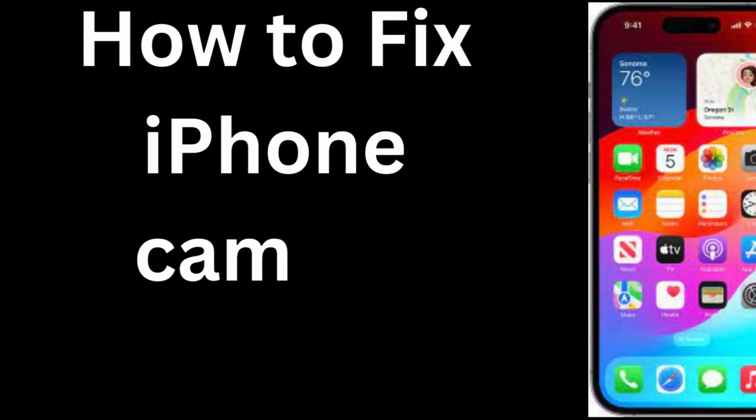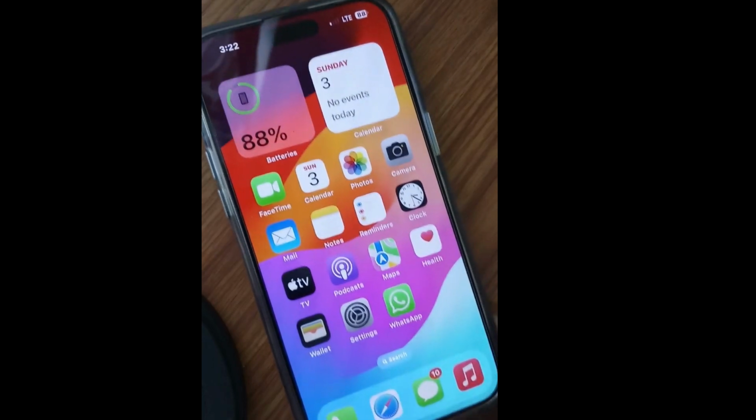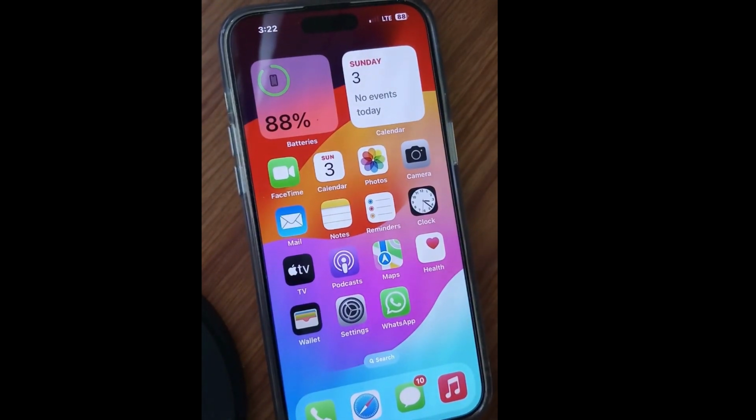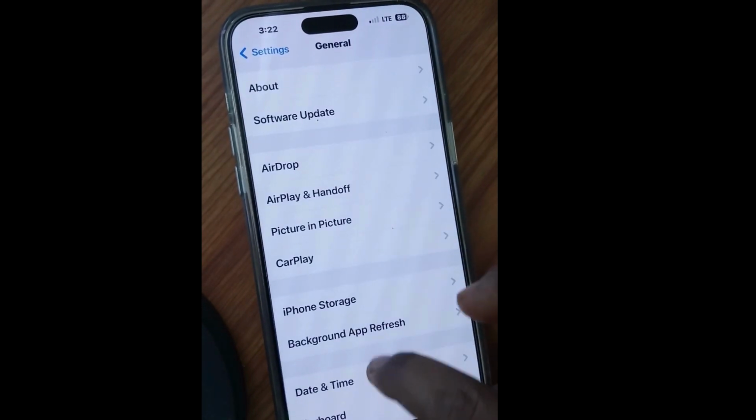This is how to fix if your iPhone camera is blinking continuously. To fix this issue, the first workaround is to restart your iPhone. This is the simple and initial